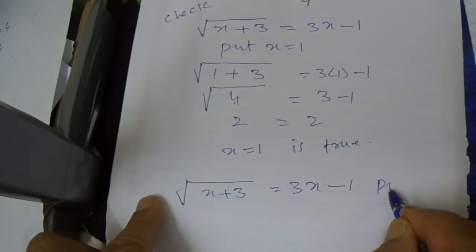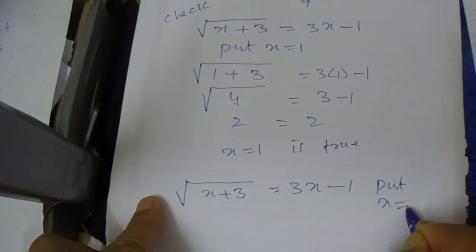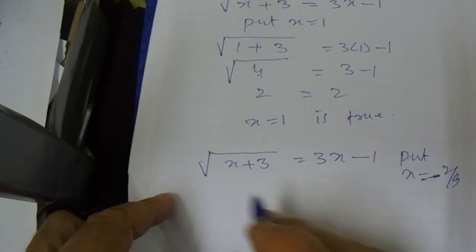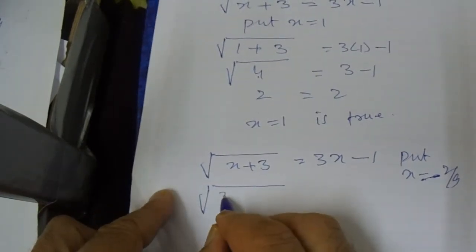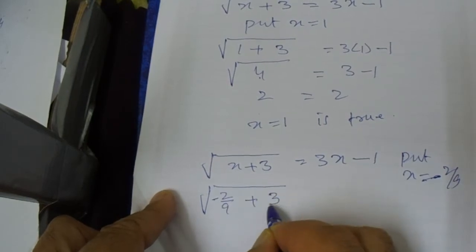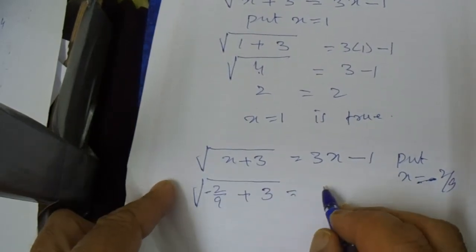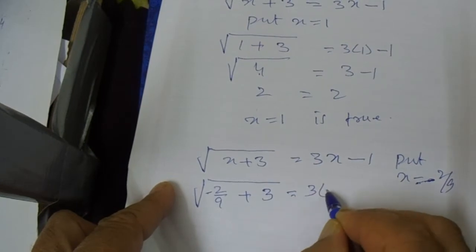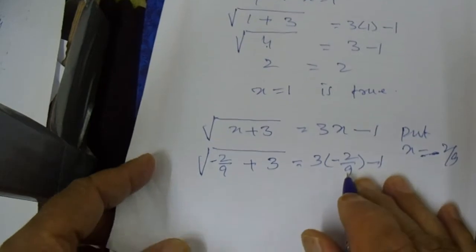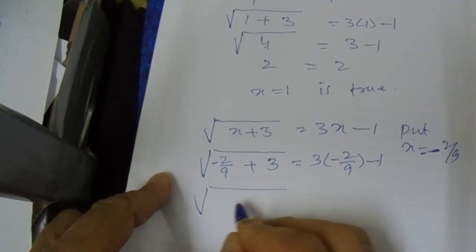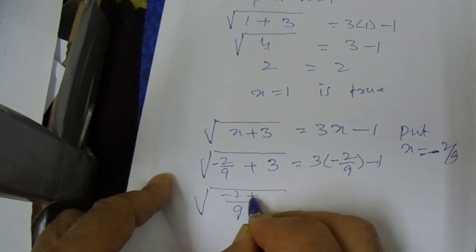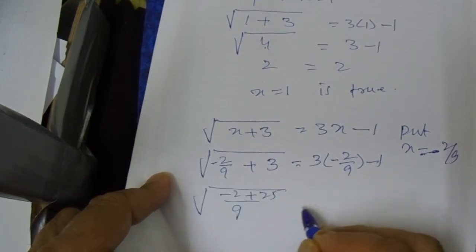Now put x is equal to minus 2 over 9, so minus 2 over 9 plus 3 is equal to 3 into minus 2 over 9 minus 1. Also here 9 is our LCM, minus 2 plus 27,